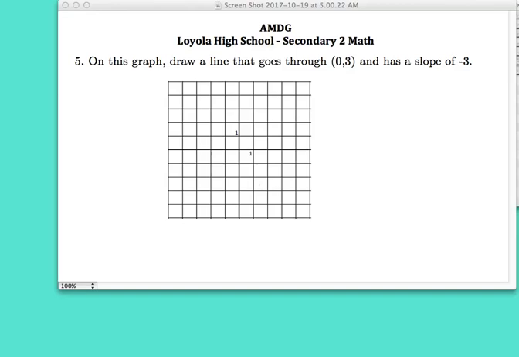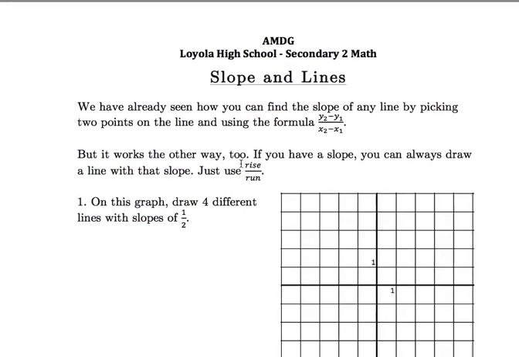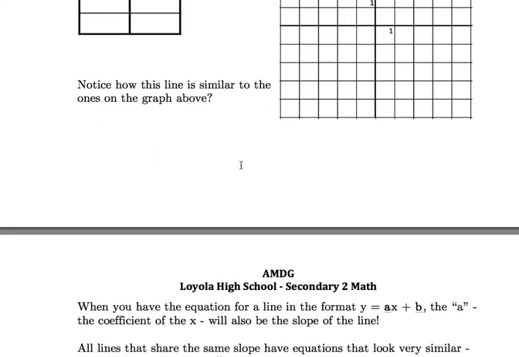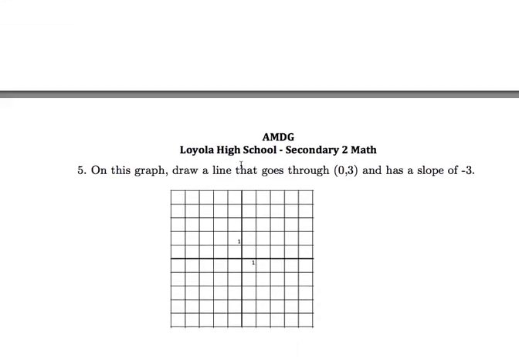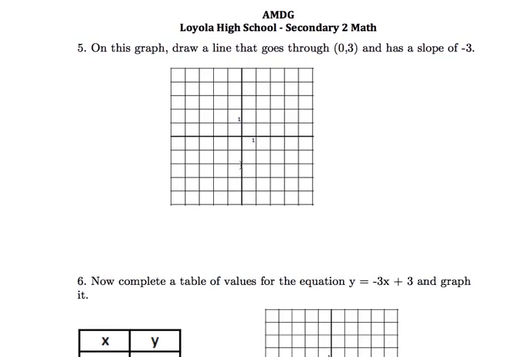All right, so we're still working on the same worksheet that we were working on before, slopes and lines. Front of it looks like this. We've done 1, 2, 3, and 4. Now we're moving on to question 5 on the third page. And question 5 on the third page is saying, on this graph,